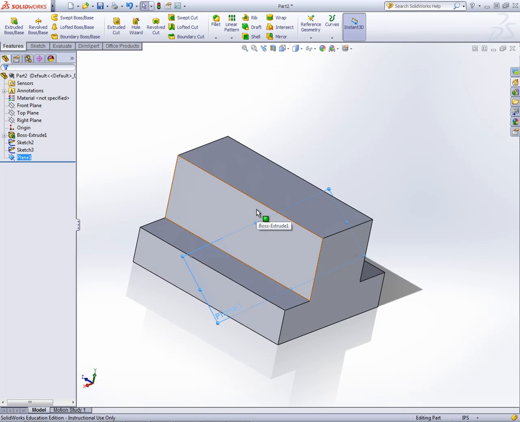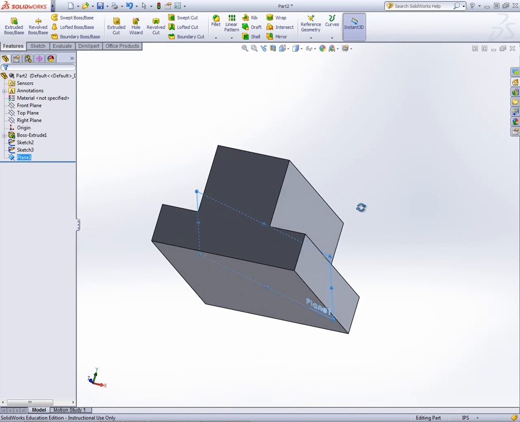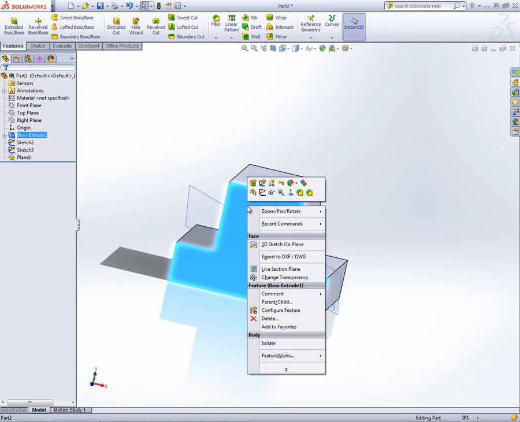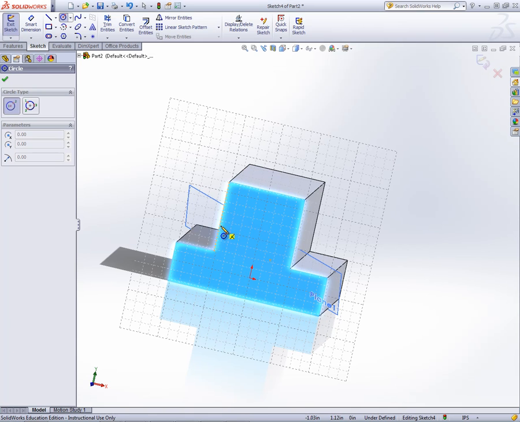First, let's add a hole to the back of this part just for some added effect. So I'm going to move the cursor around. I'm going to move my cursor over the back side of the part. We'll right click, left click on Sketch. We'll left click on the circle command and see if we can get both midpoints